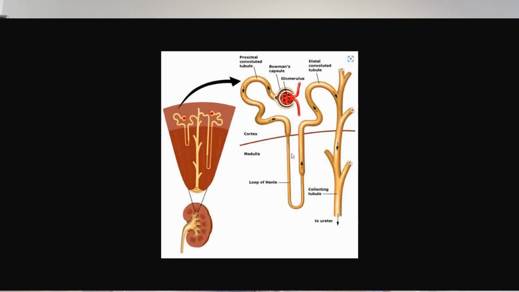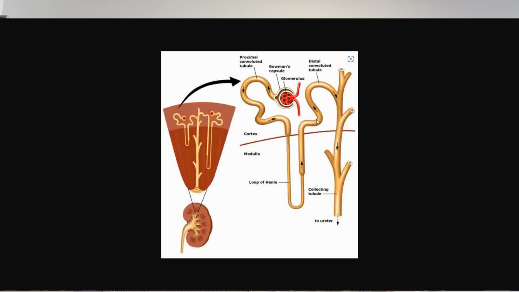And of course, something else happens as well, which is called the tubular secretion of ions and other waste products from the surrounding capillaries back into this tubule as it moves into the distal convoluted tubule. So the nephron filters about 125 mils of body fluid per minute. And that means in a day, it will filter about 16 times. So in a 24 hour period, the nephron produces about 180 liters of filtrate, of which